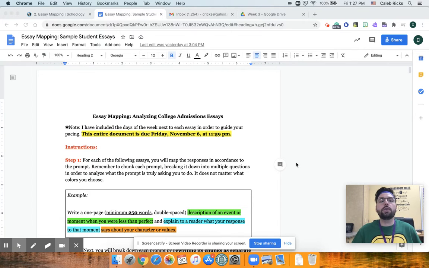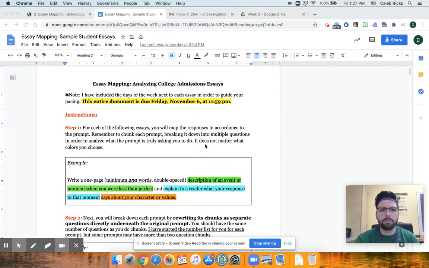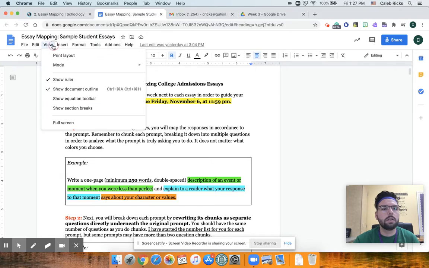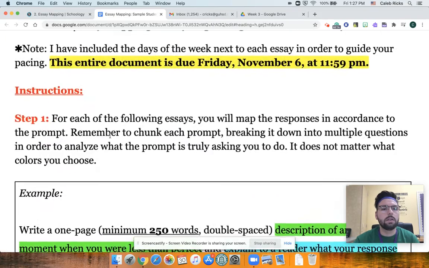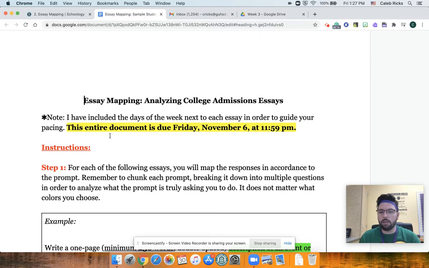But welcome to this week's assignment. This week is a little bit different than last week in that the whole thing is in one document. It'd be cool if I could zoom. Hang on, sorry. Why is it not letting me do that? There we go. Okay. So it's all contained on this Google Doc.